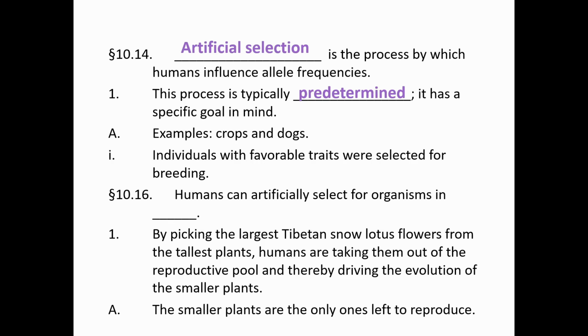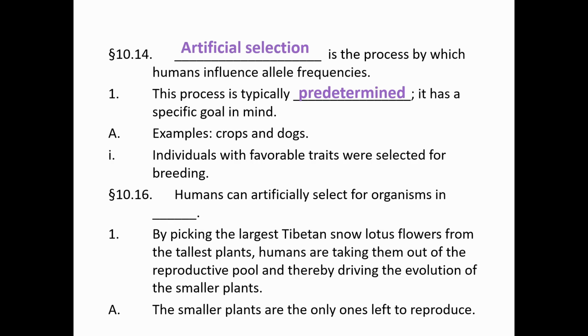So we look at corn. The corn you know today did not exist a long time ago until humans got their hands on it, and we started picking the ears of corn that were the biggest and the juiciest, and we would breed those and plant those seeds. And then we would throw out all the rest. And so then the next crop would be bigger and juicier, and we'd pick the biggest and juiciest from that season, throw all the other seeds away, keep the big juicy ones, plant those. And so after every single season, we would get bigger, juicier corn.